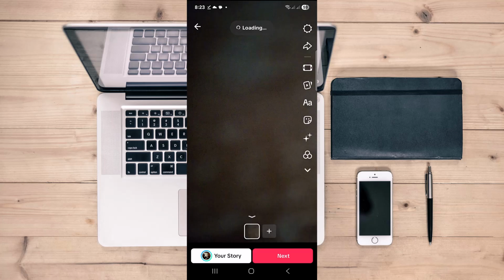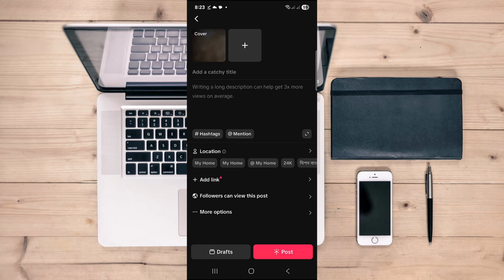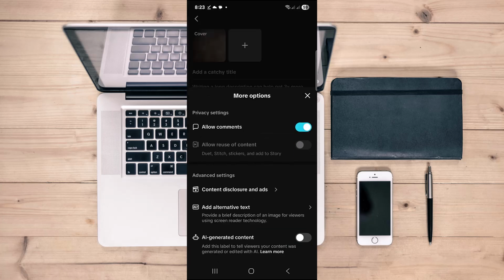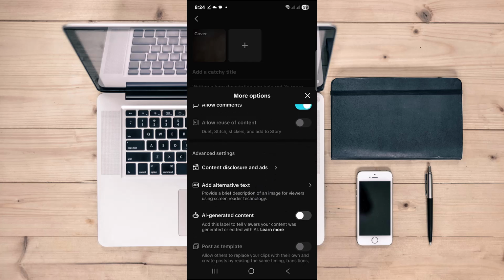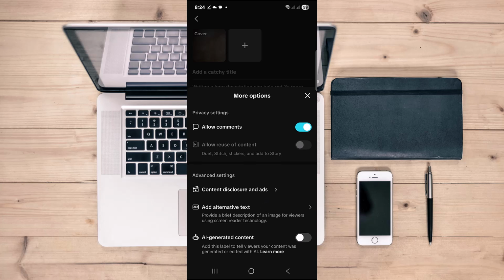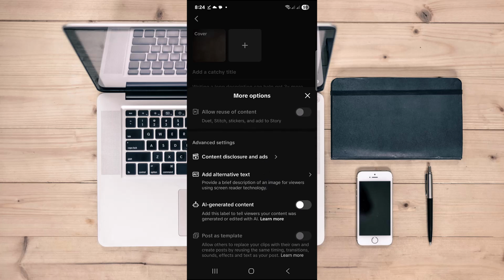I'm just posting this one. Tap on next, and here you will find more options. So tap on more options, and here you will find any option of HD. As you can see, in my country it is not available to enable the HD option